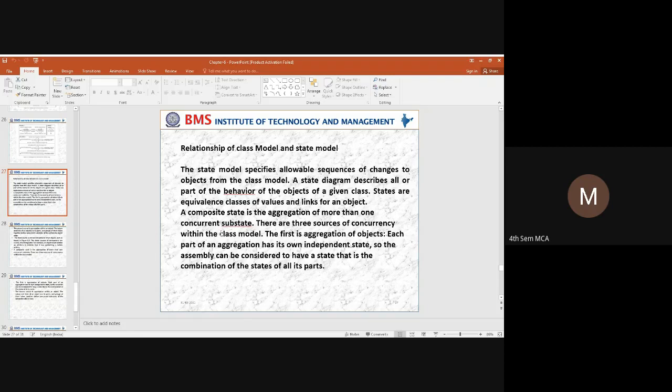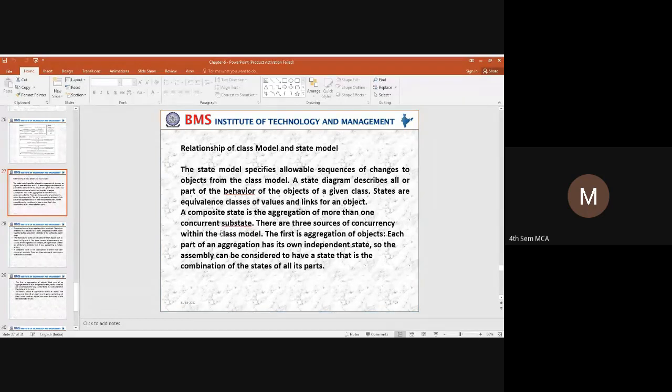When we are trying to represent a state diagram, we are trying to observe the behavior of an object when it reaches a particular state. It can be different types of values, or we can take an equivalence class set of classes where the object takes different values at different times.